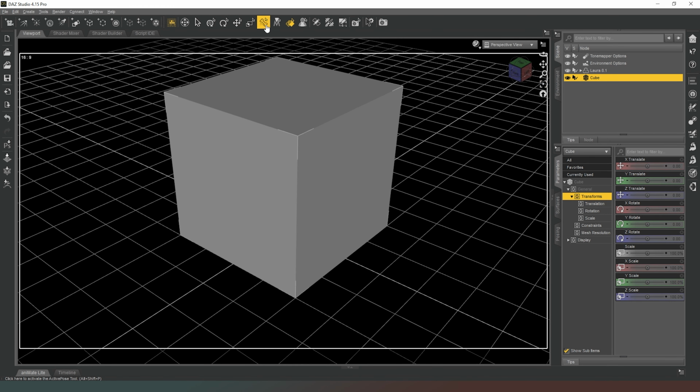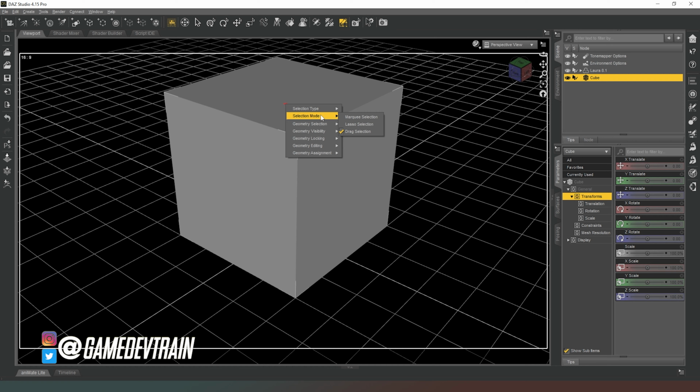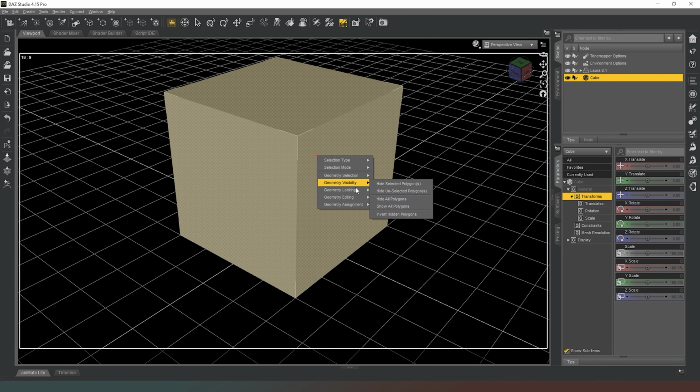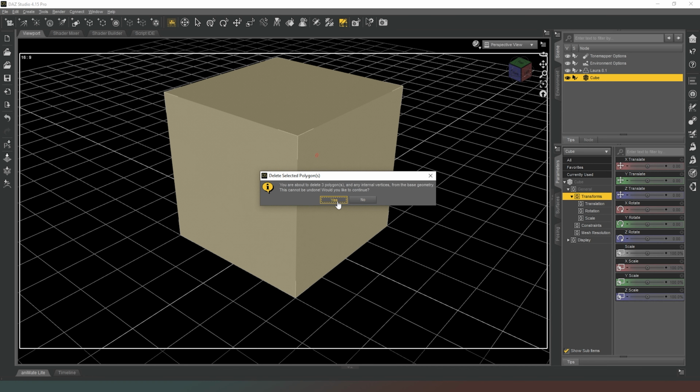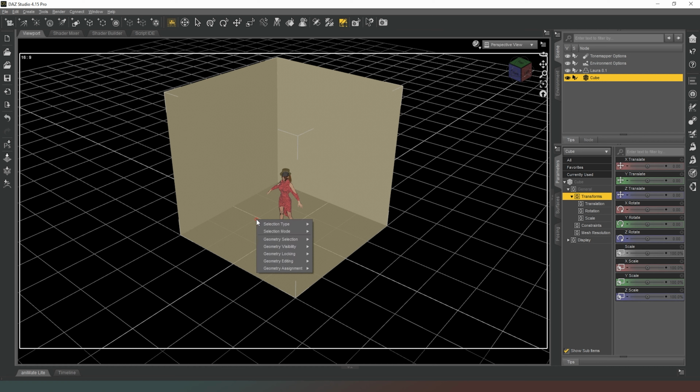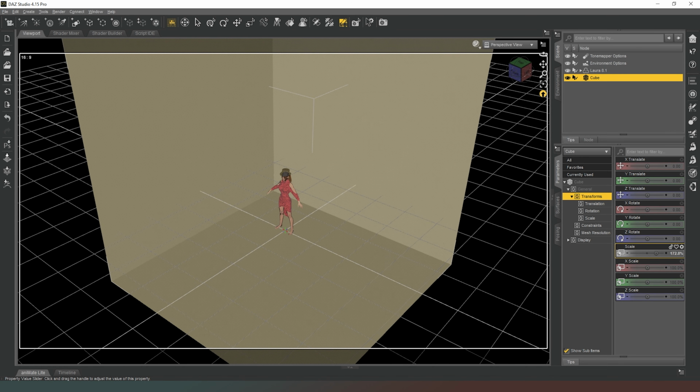Select our cube. Go into our geometry editor tool. Then I'm going to go to selection type, polygon selection. Selection mode is drag. That's fine. Cool. And we're going to geometry editing. Delete selected polygons. Yes. And then select these 3, and I'm going to edit, and flip the normals so that they're pointing inwards rather than outwards,